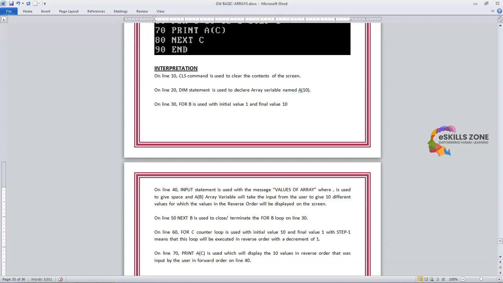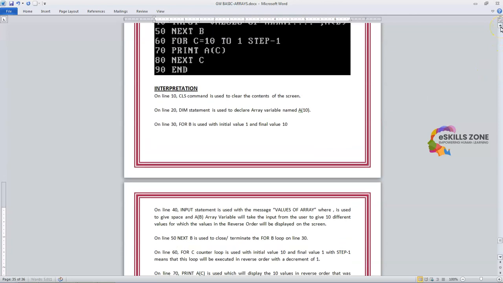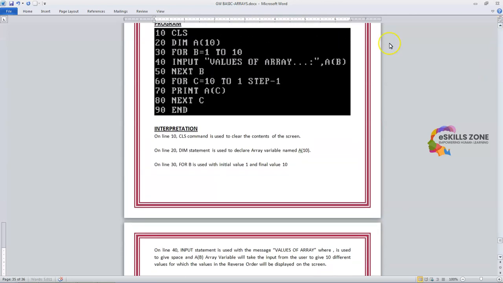So actually line 40 is used to prompt this message, values of the array, on the